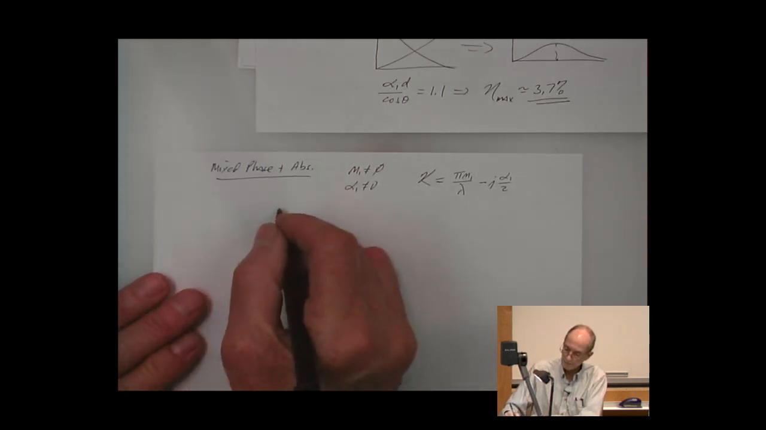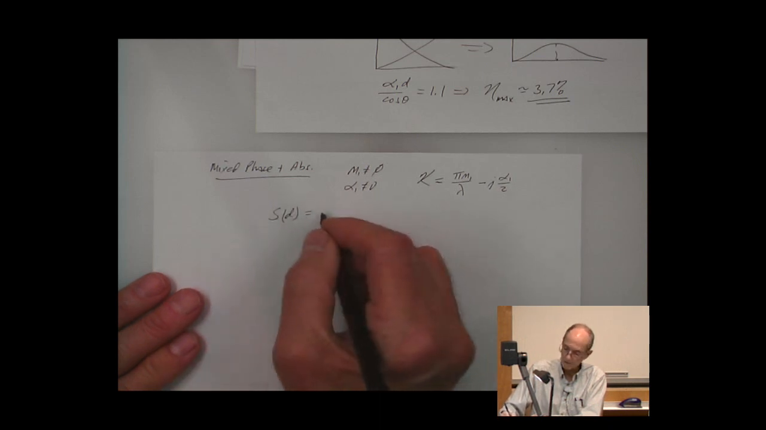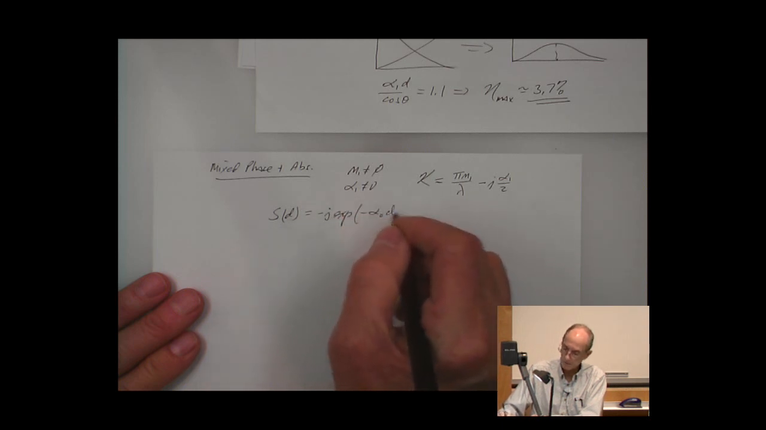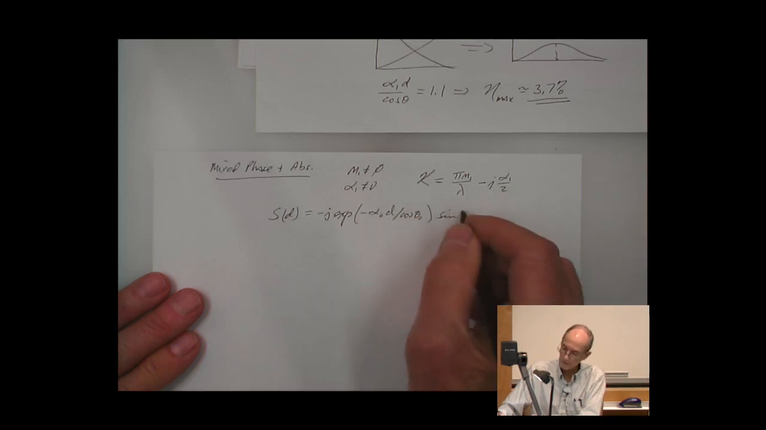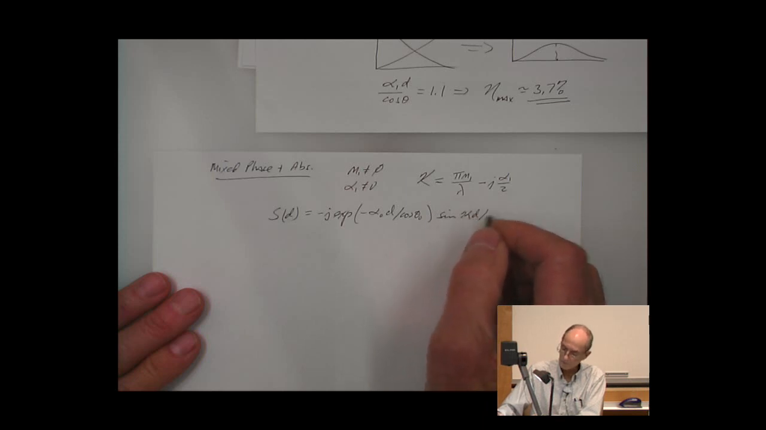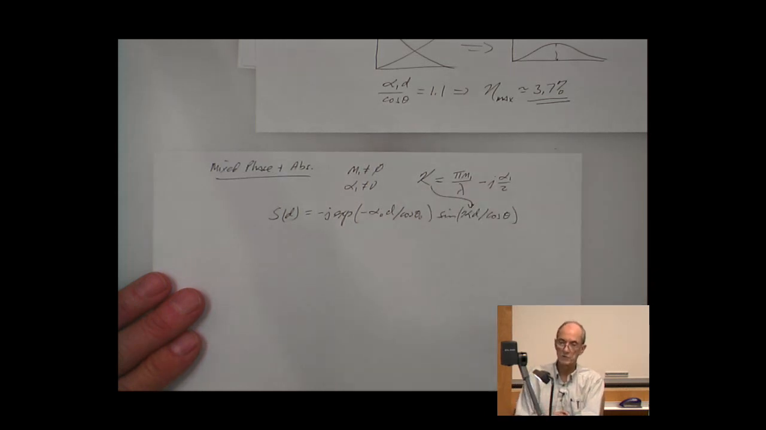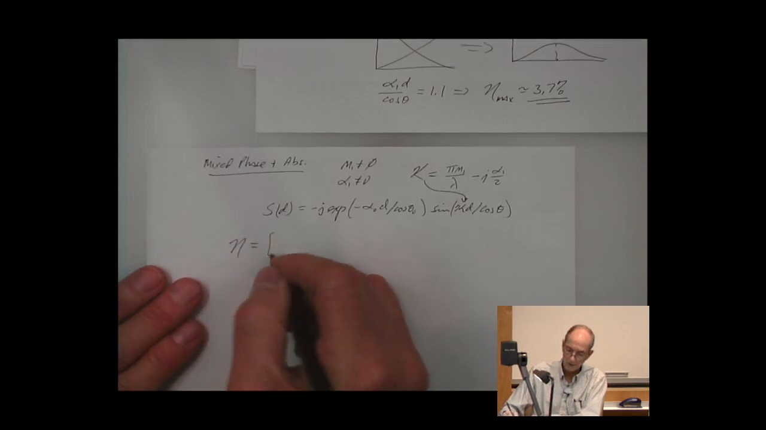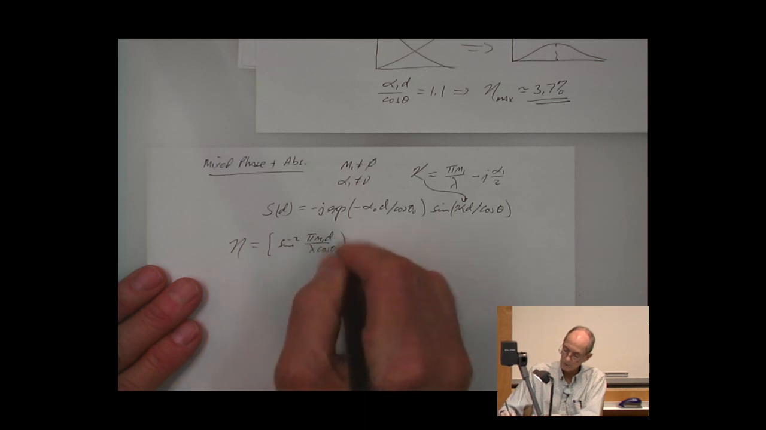That gives us an amplitude at the output face of the hologram. S of d is minus j exponential of minus alpha 0 d over cos theta 0 times sine of kappa d over cos theta, where kappa now is a term that includes both absorption and phase modulation. And so the resulting diffraction efficiency has in it sine squared of pi n1 d over lambda cos theta 0